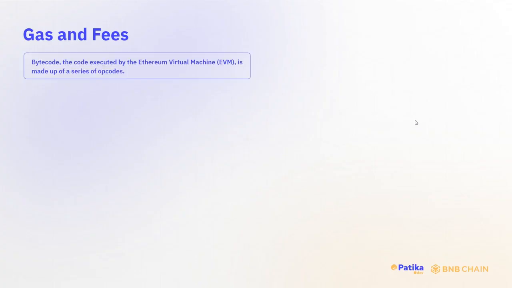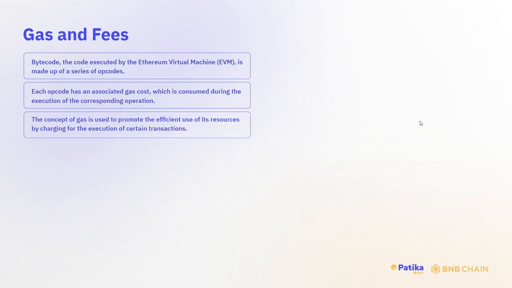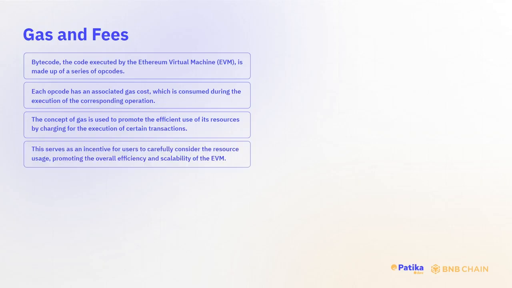All right. So let us also see gas and fees in this regard. Bytecode is the code executed by the Ethereum Virtual Machine, and it's made up of a series of opcodes. Okay. So each opcode has an associated gas cost, which is consumed during the execution of the corresponding operation. The concept of gas is used to promote the efficient use of resources by charging for the execution of certain transactions. This serves as an incentive for users to carefully consider the resource usage, promoting the overall efficiency and